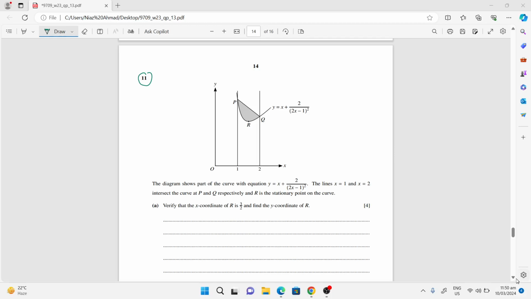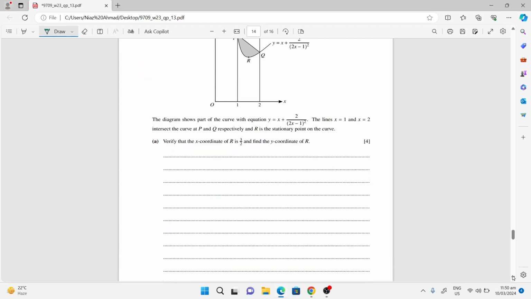So how do you verify that the x coordinate of R is 3 by 2 and the y coordinate of R? You differentiate and find the turning point, which has to be 3 by 2, and then you substitute that into the equation and find y. Yes, so you need to find the derivative of that. dy by dx will be your 1 minus this is your